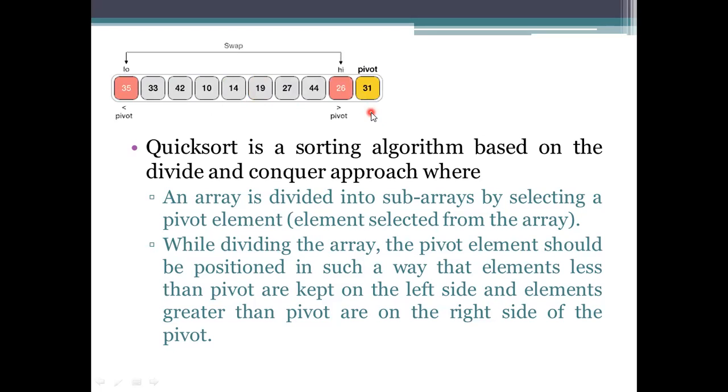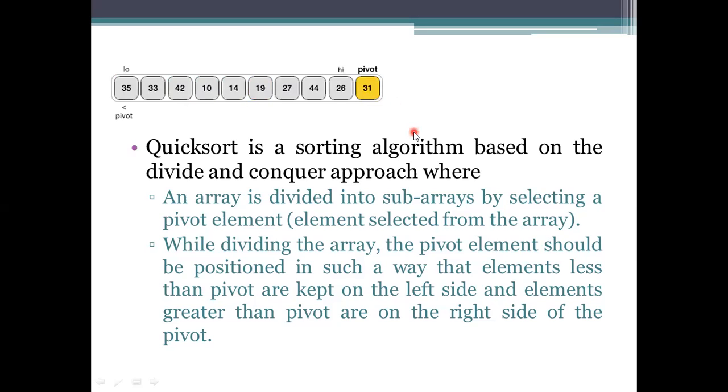This sorting also follows the same process. In the selected array, we need to take a pivot element. Whenever we take an element as a pivot, we need to move it to the last position. If there is an element at the last position, we need to swap the places of those two. Since here the pivot has been taken as the last one in this representation, there is no need to swap, at least in the first step.